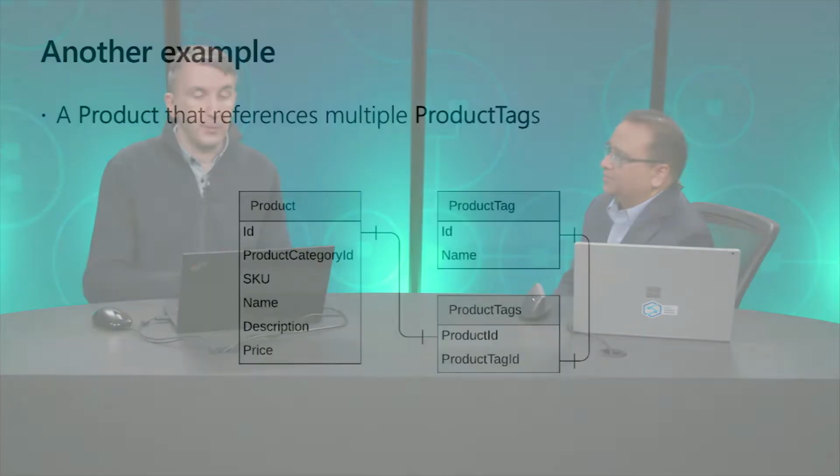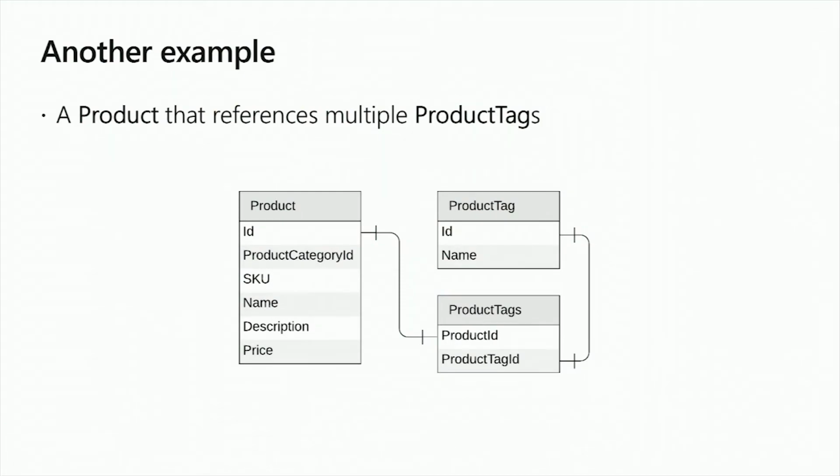Okay, awesome. So what's next? What are some of the other techniques? Yeah. So to illustrate another technique, I have another quick example to cover. Also a basic one, right? What I have on the left-hand side is a product entity, and on the right-hand side I have product tags. But this time I have a many-to-many relationship between products and tags, right? Each product can have multiple tags. Each tag can reference multiple products. So once again, most tricky scenario, many-to-many. Not that tricky actually, as we will see.